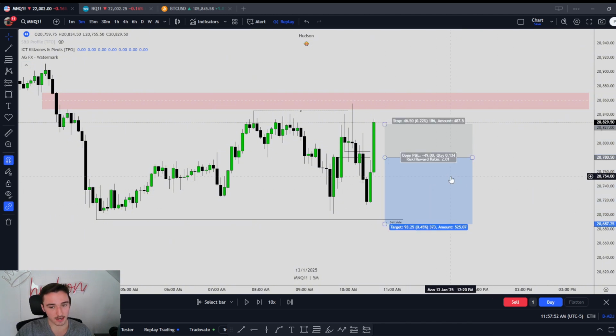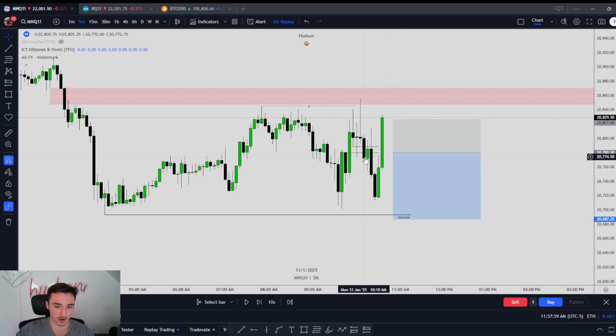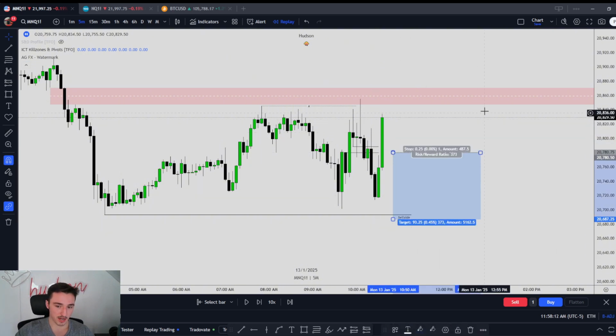So right there would have been ideal. Now, that is what I did actually. That's what I did. So right here, we close below it. I get in on this candle right here. It comes up and it looks like it's going to stop me out. Then this candle dumps, right? Once this candle closes below here and this candle starts pushing lower, I just break even, right?